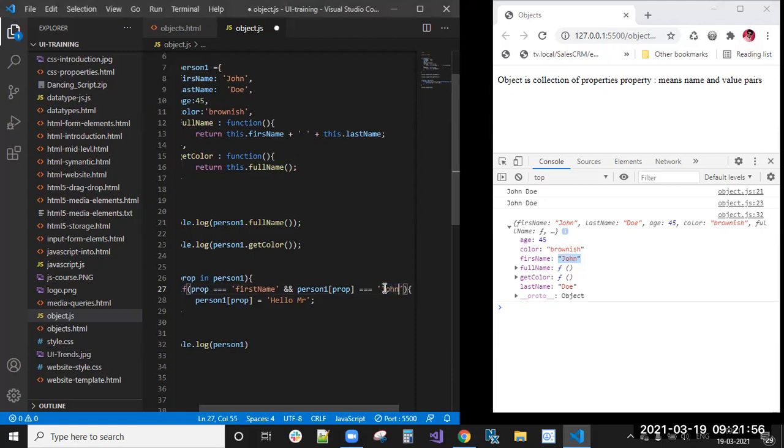Instead of that, I have given John. Need person one of prop first name.